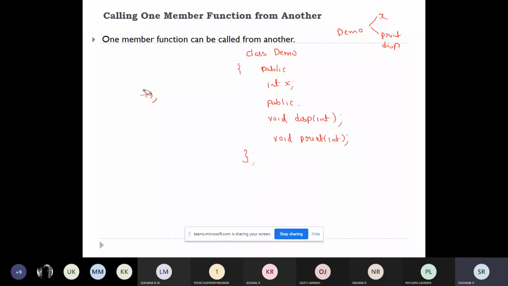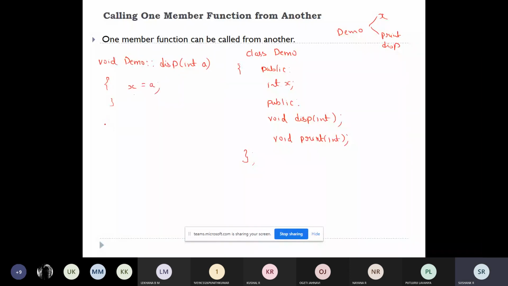I'll define them outside the class now: void, class name, scope resolution. The first function is disp. It is taking some integer value, say integer a, disp a. Then I'll assign the value of a to x: x is equal to a.